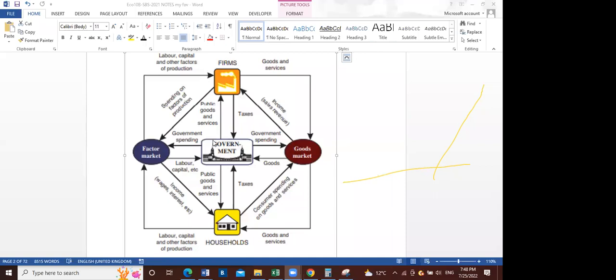So basically, these three participants here in a closed economy would be